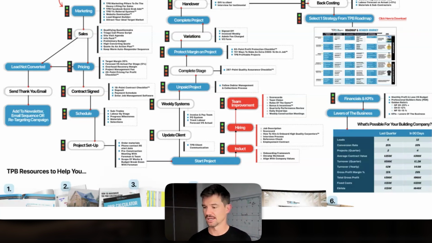That process could be a phone script for answering the initial inquiry. It could be a site setup checklist. It could be a quality control checklist. It could be a purchase order form. It could be a presentation of quote as an action plan template. It could be an information pack to send pre-site visit. It could be a site visit agenda so that you can cover off what is required. It could be a pricing checklist. It could be a code of compliance at the end of a job and how we ask for a testimonial. It could be updating the Instagram page, the Facebook page, or the website.